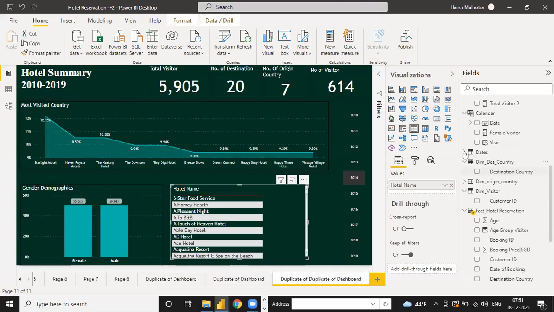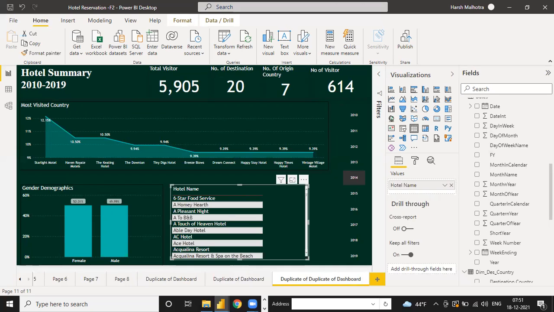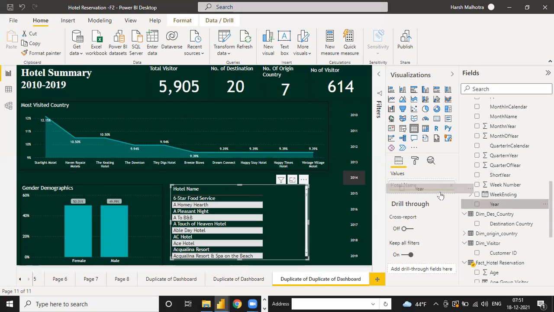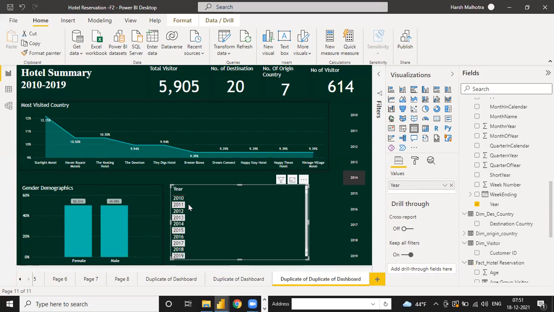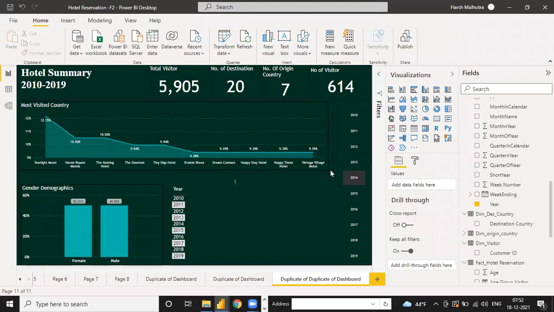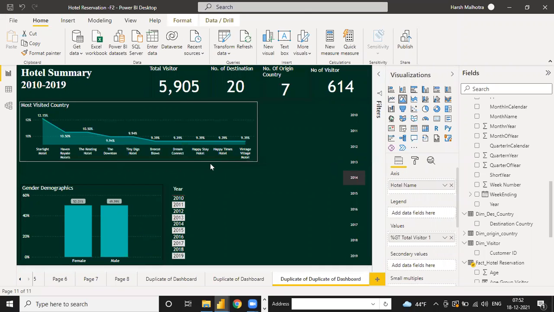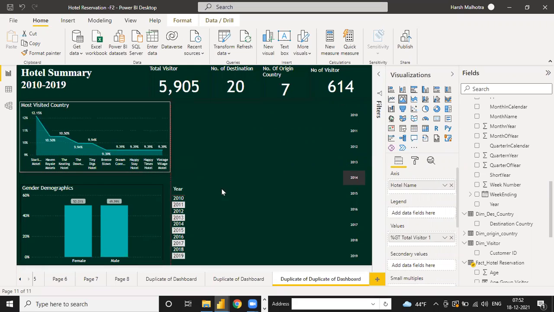The name is year. Suppose here I give the year: 2010, 11, 12, 13, 14. The total years I give, just a little small.